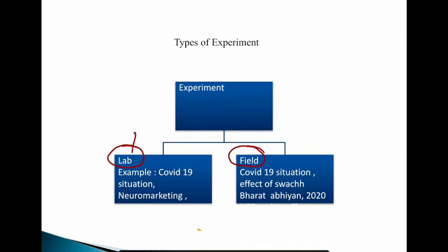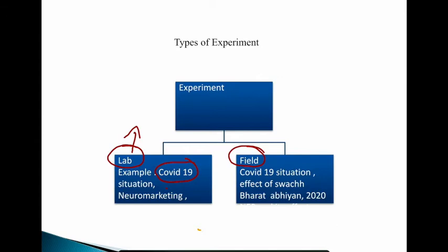In the lab experiment, I have not taken the example of any basic science discipline, because we know that experiments go on there. We find a solution for a particular problem, take a set of variables or a set of reactions, and then identify the results accordingly. In human science, humanities, social science or marketing, even the lab experiment goes on. Here I have taken the example of the COVID-19 situation, in both lab and field.